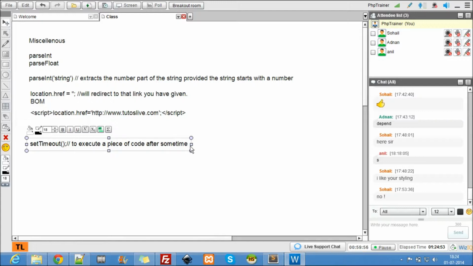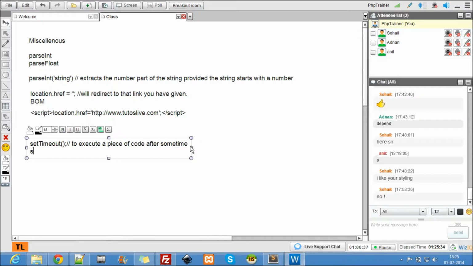That means if I want to redirect a web page after 1 hour, after 10 seconds, or after 5 seconds, or throw a pop-up after 10 or 15 seconds. Sometimes you go to a web page, stay there for 10 or 15 seconds, and a pop-up comes up saying, do you want to subscribe with us? Have you come across such a situation? Please subscribe to our newsletter so that you don't miss any information. That is done using setTimeout.